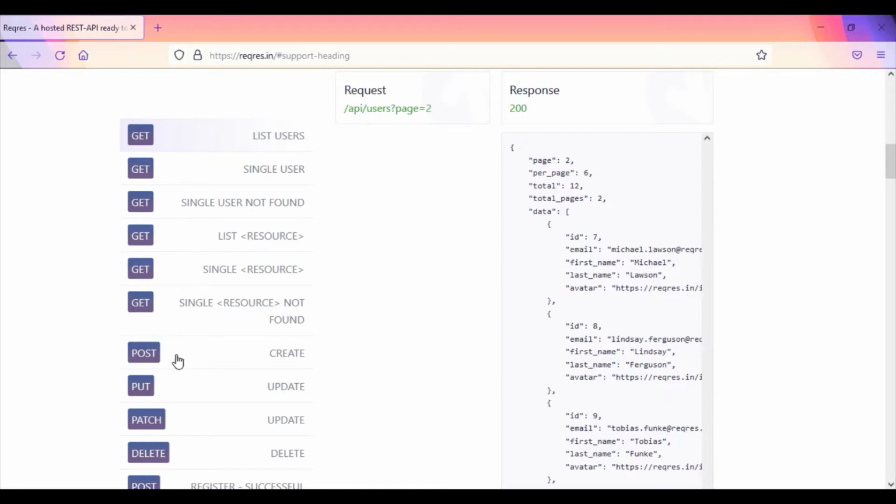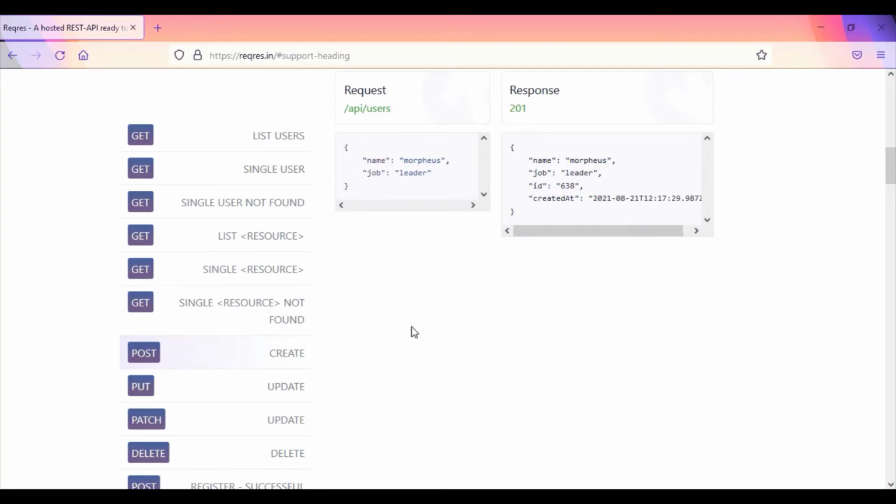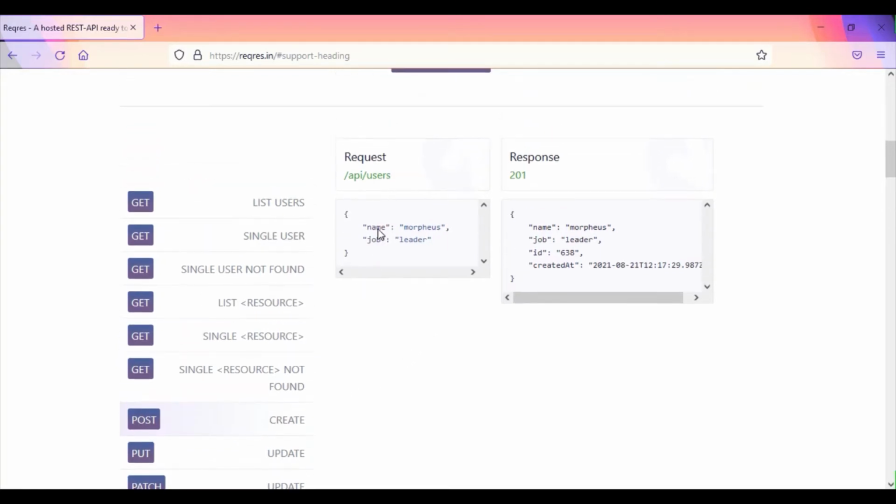For any request where we want to create something, we need to send a POST request. With a POST request we have to append this request at the end of our URL, and we need to send some values which are going to get created. So we're going to create this name and this job via the request we are sending.